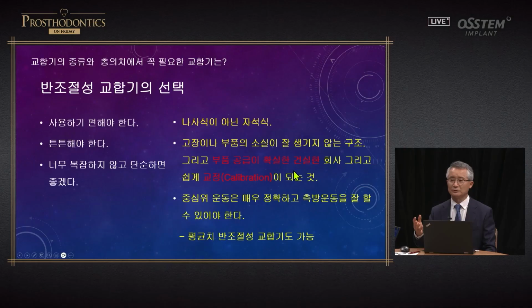Calibration is essential. Here, in the case of Cavo and Osstem, they can be used interchangeably. In the case of Hanawa articulator, that is not possible. Calibration is really important. In the case of optics, individuals can do calibration, so I think that's a very strong point. The centric relation movement should be accurate and lateral movement should be possible. Semi-adjustable articulators should be able to do this. I strongly believe that semi-adjustable articulators should be able to do lateral movements.